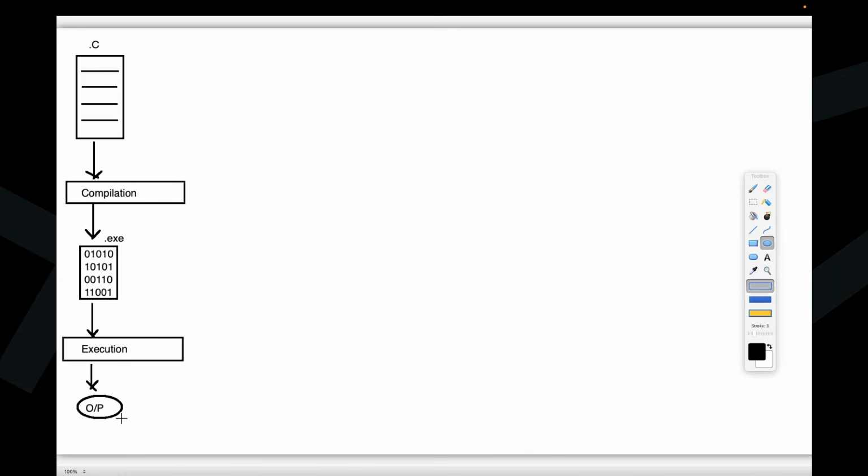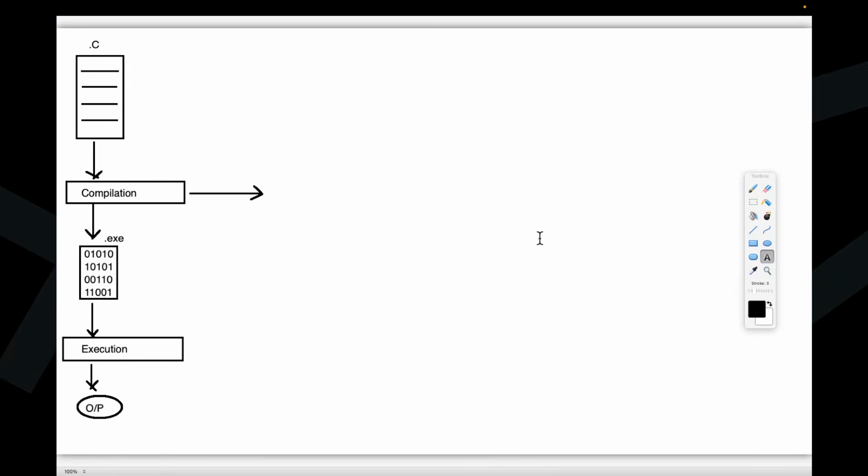Clear? Now I want to elaborate the compilation process. What is going on? What is available inside the compilation? How many machines are working under this compilation? I just want to give clarity. Maximum people are thinking that compilation could be performed by only the compiler. People think that, but I'm giving clarity. No, it's not like that.